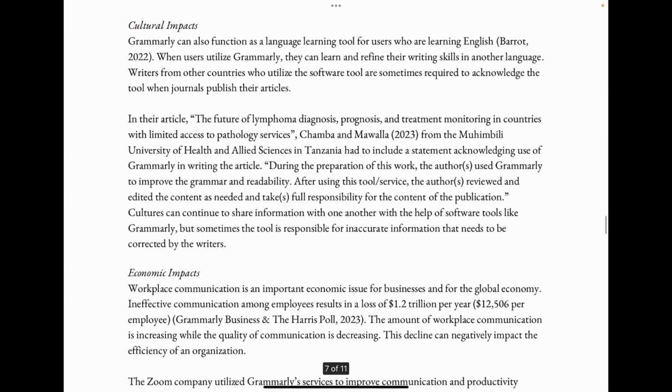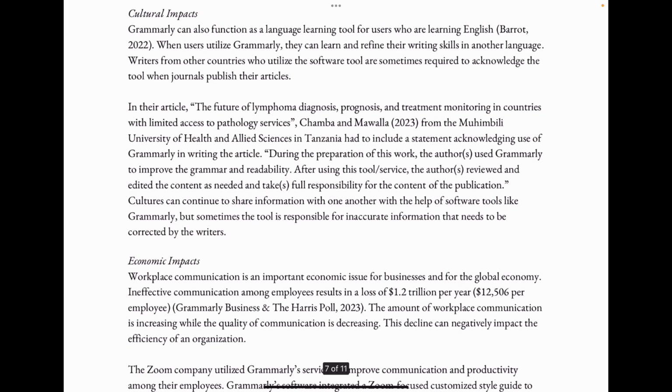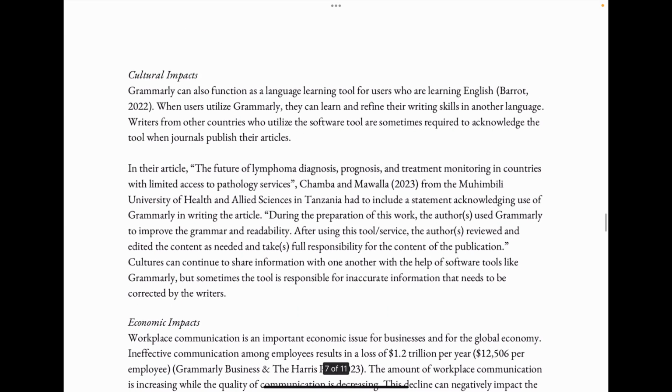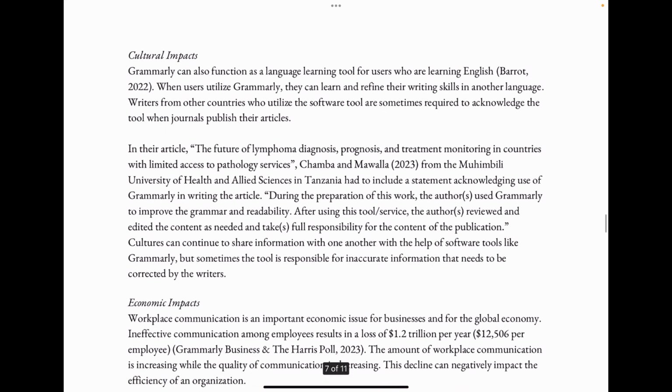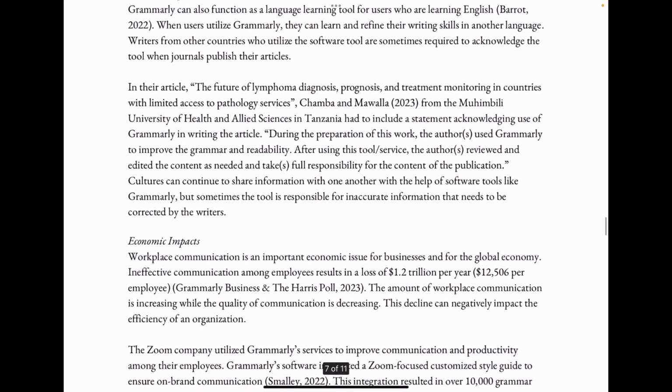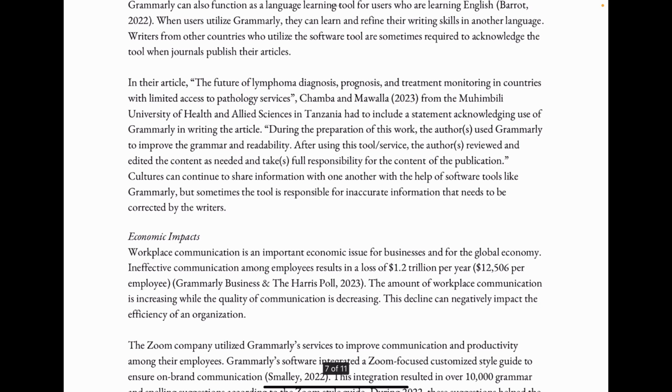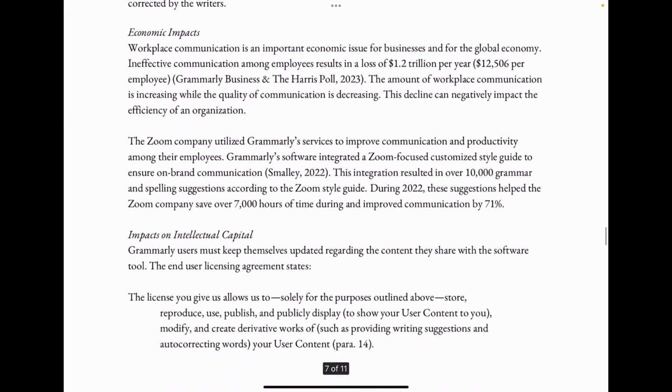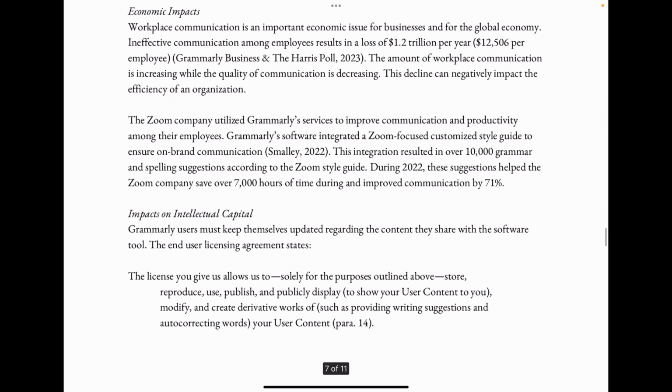It talks about how Grammarly can be used to address things such as health disparities in other countries, and how Grammarly and AI can be used to improve the grammar and readability whenever we are going from one language to the other, especially regarding like a health diagnosis. Then also economic impacts, what that looks like for individuals around the world and in the US, how